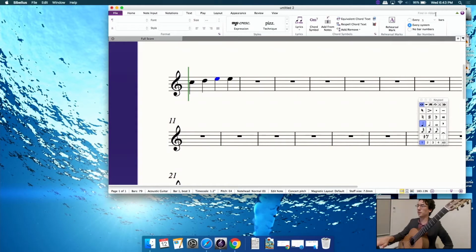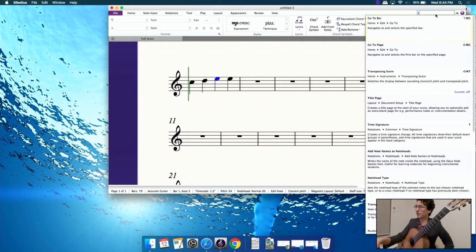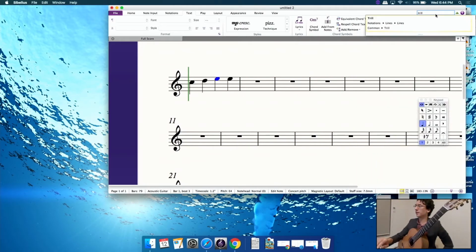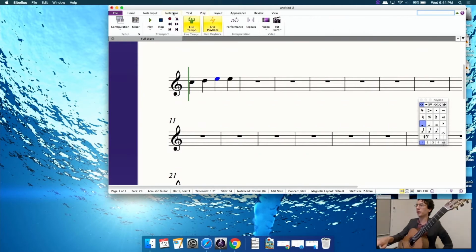Another place to go to would be the ribbon. If you want a particular symbol, there are so many. Let's say you want to put a trill in, okay, that's one type of symbol. You can put that into the ribbon. So you can use the ribbon if you need to find a more specific symbol. But a lot of the basic ones are in the keypad, and then just exploring,